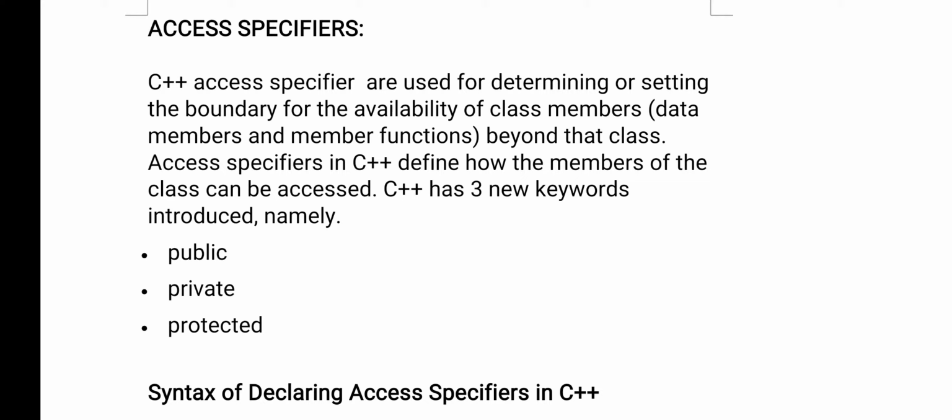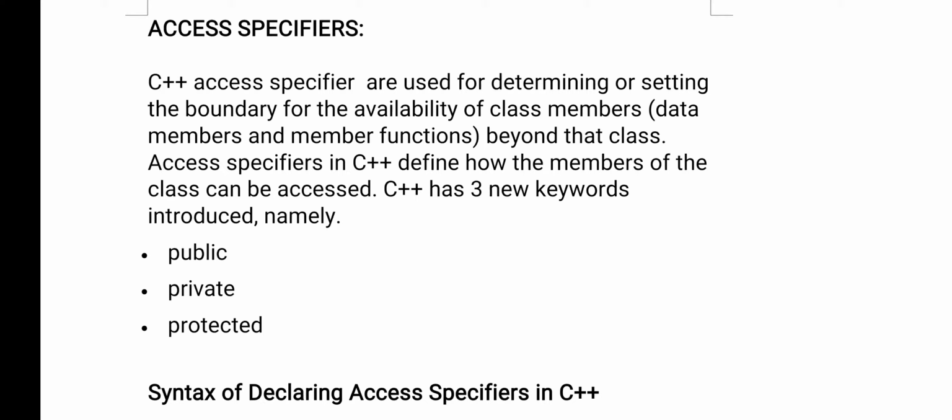In today's class, I will explain to you about access specifiers. So, what are access specifiers and what is the use of access specifiers that we are going to discuss today. Access specifier means, for example, you are declaring some variables and some functions in C++. When you are declaring functions, they are called member functions, and the variables are called data members.